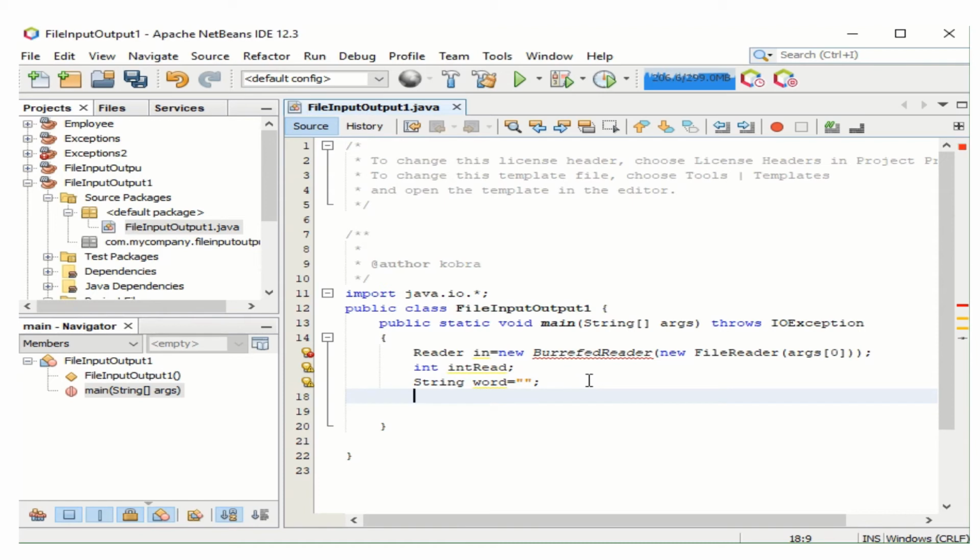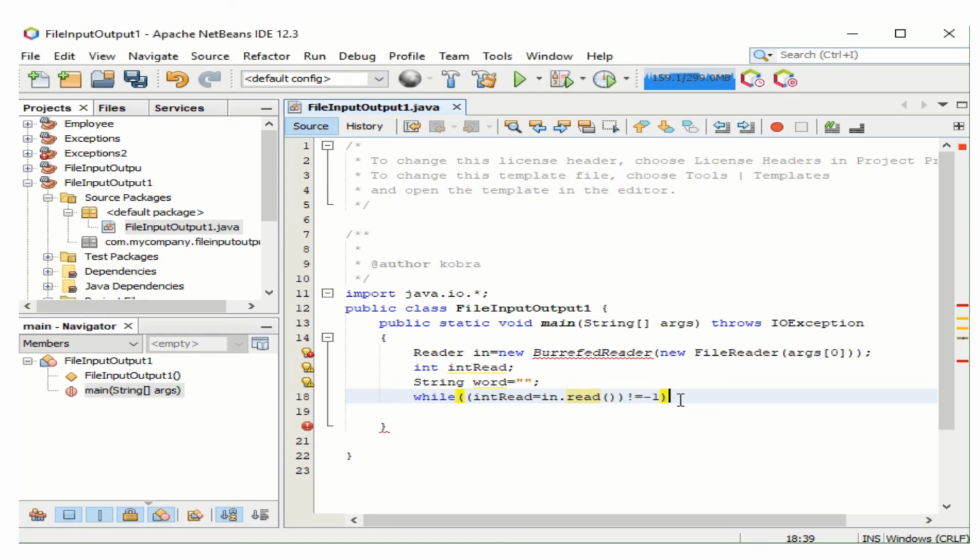So while int read equals in.read is not -1, then